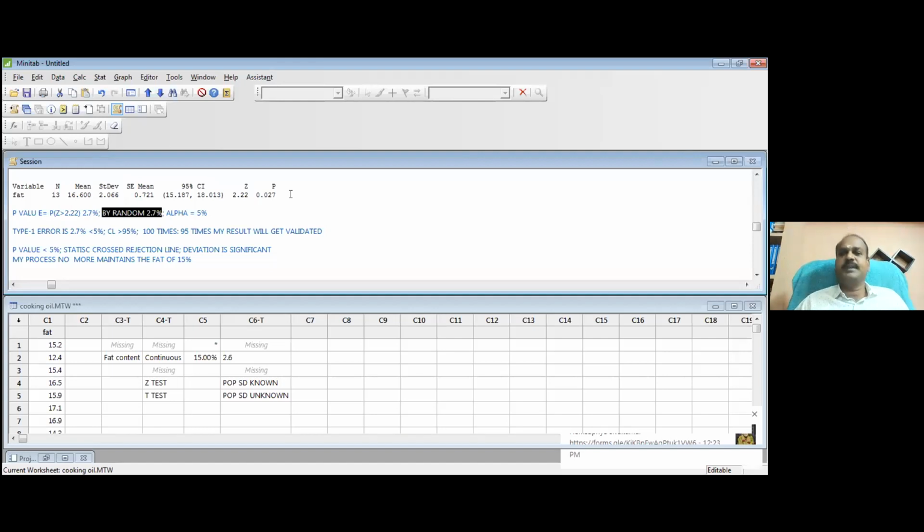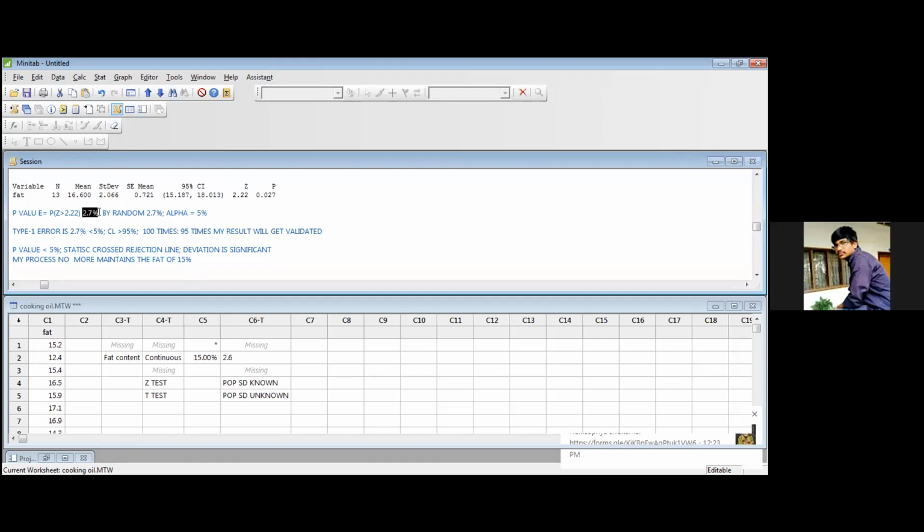Whatever you see may not be true, isn't it? That is why the police department always investigates, isn't it? Same way, you observed something in your data that may not be true. For that, there will be a probability. That probability is the p-value. That is what you found as 2.7%.